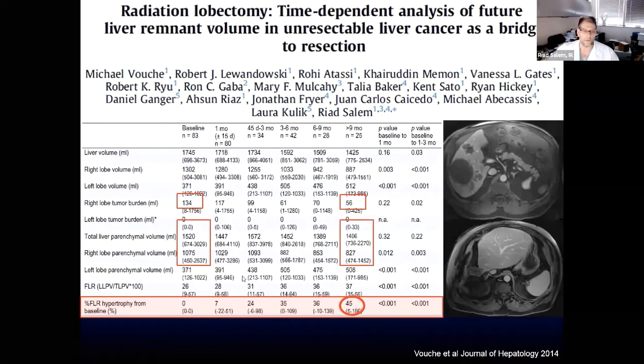And one of the things that we've done here in HCC is generated a time-dependent analysis of the left lobe volume as it increases with time. And simultaneously, the tumor is treated. Here is the tumor volume decreases right here. You can see this. And of course, the right lobe parenchyma will atrophy. So this is the atrophy-hypertrophy complex, giving you an increase in FLR in a slower time, but ability to treat